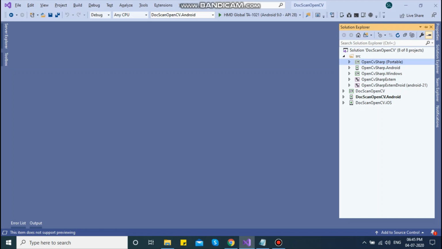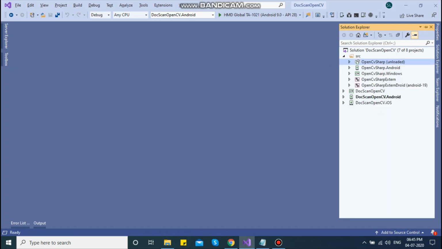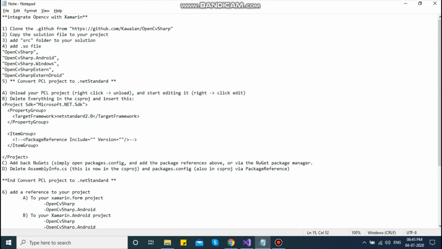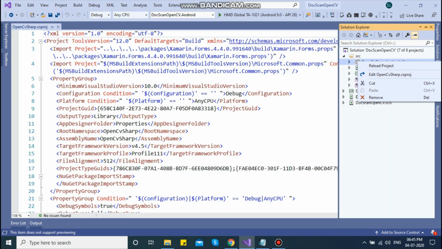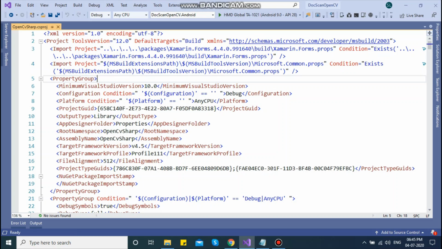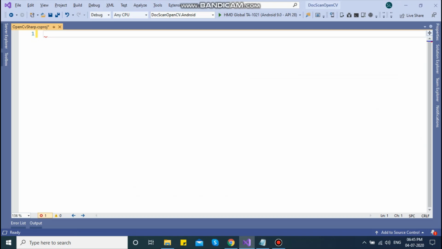So right click here, unload the project. Then the second step is you need to double click and start editing. Edit, open the OpenCV Sharp .cs project file. Whatever you have inside this file, you need to delete and empty this file.